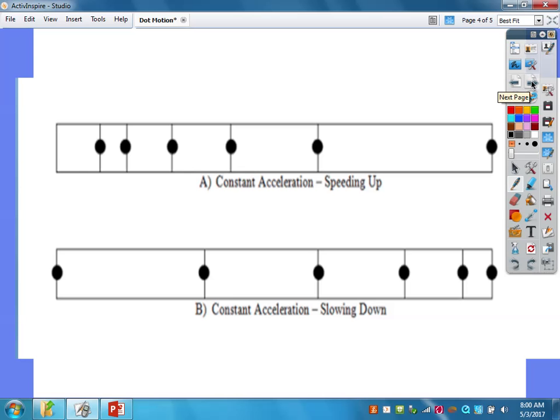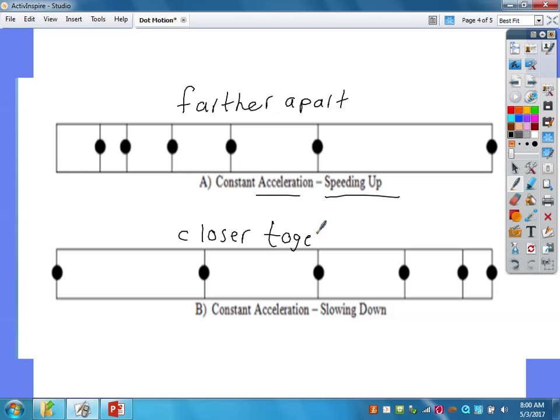Okay? You can see the dots get farther apart every single second. That must mean I am getting faster. You're covering a greater distance in the next second. You must be accelerating. In this way, you are accelerating with a speeding up. Okay? That's the type of acceleration. If the dots get closer together, obviously you are slowing down. Closer together. Okay? You are slowing down. All right? So,